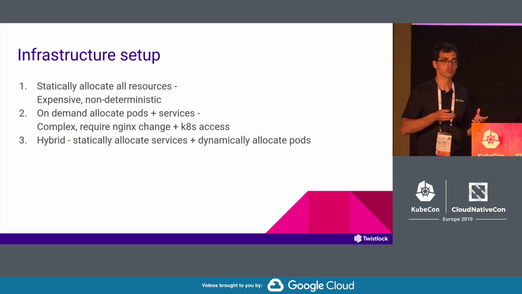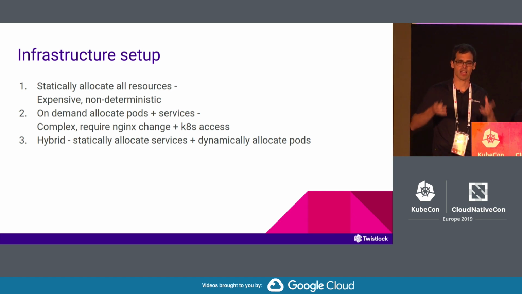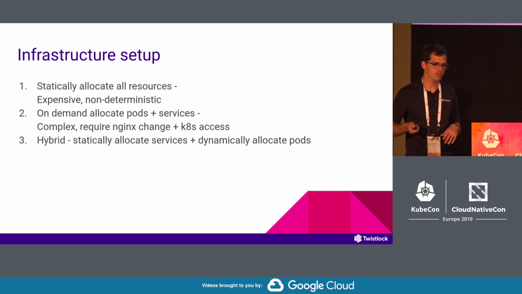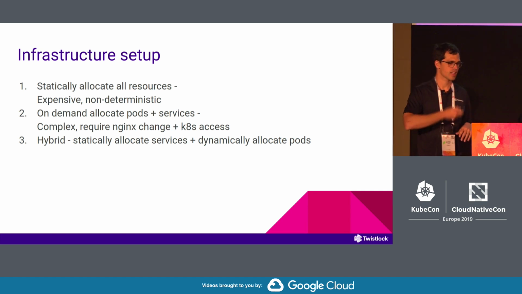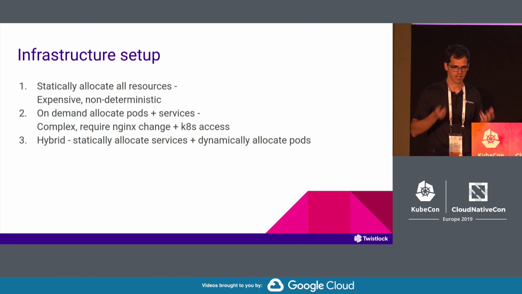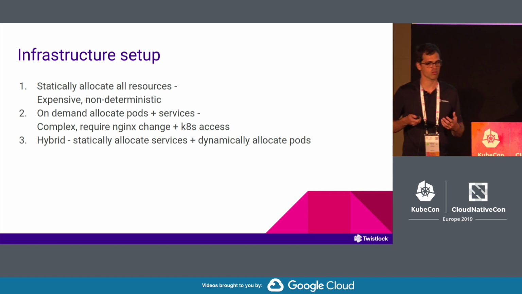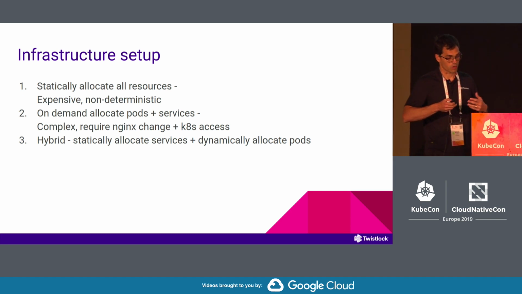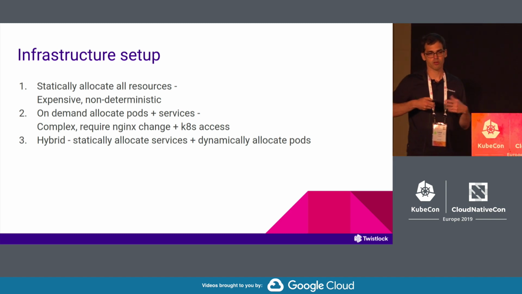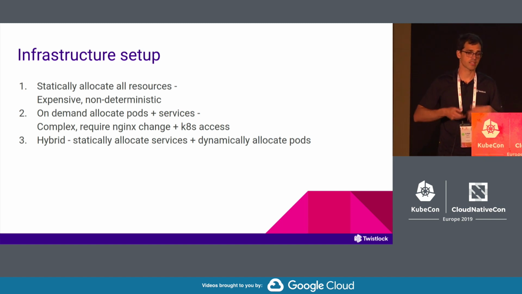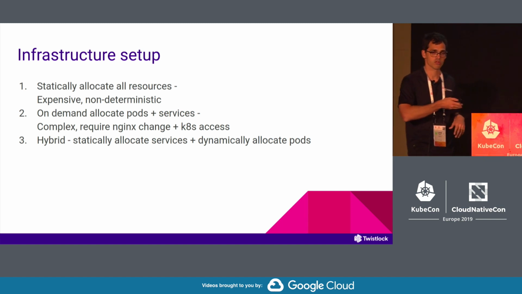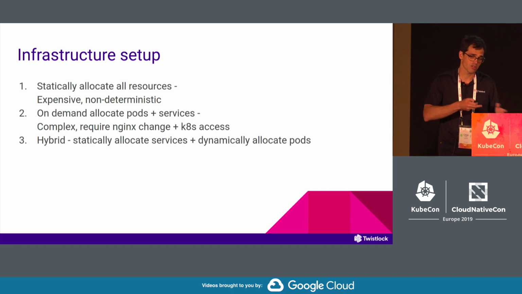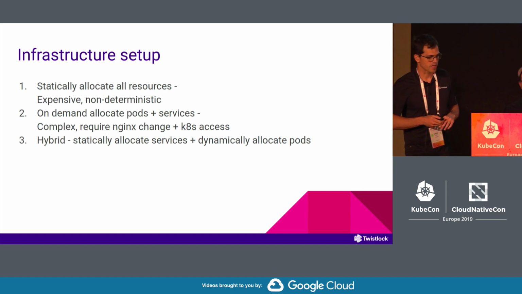First, there is the solution where you statically allocate everything. You statically allocate the pods, the services, the configuration in database, Nginx, everything. Now, this is a very good solution if you know exactly how many participants you're going to get, but you can never know that. And also, what happened in our challenge, where we first deployed only for the local Twistlock employees, then in Israel, then in the entire world using Hacker News and Reddit. So you're going to scale, you're going to have idle instances, so a static solution, probably not the best.